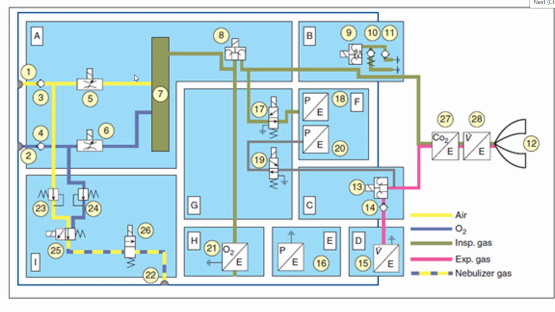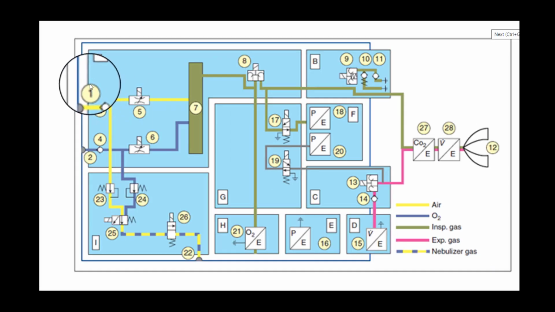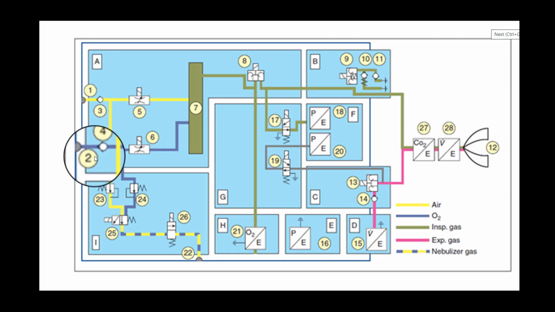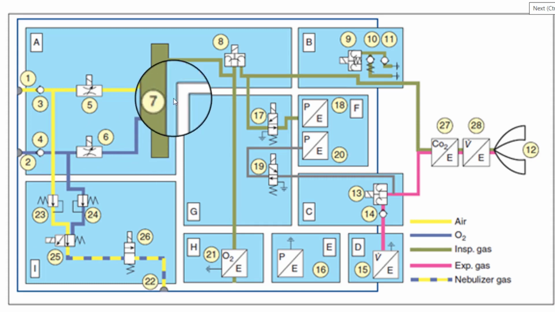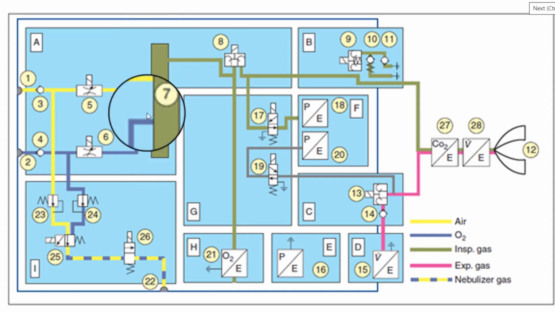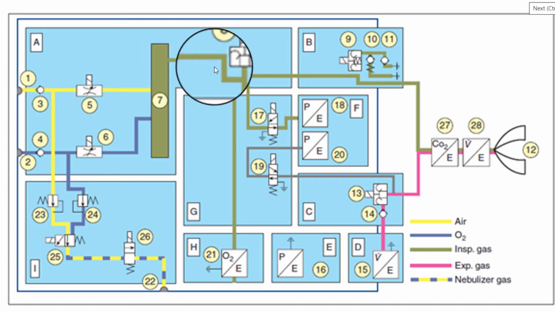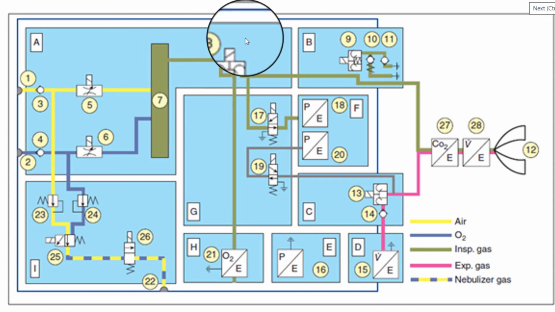Now, the whole system uses a lot of valves, because when you're using air, you need to make sure that there's no backflow. And what you see in 3, 4, 5, and 6 are all valves that prevent backflow of air. So you have air coming in through 1 and oxygen coming in through 2, and it is stored in block number 7, which is the tank. From block number 7, it goes to block number 8, which is the mixer.